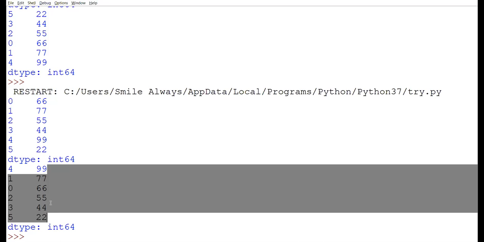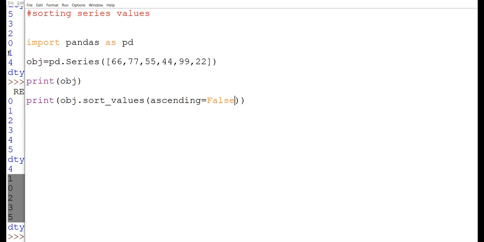Okay, now next thing is we can even change the order or the sequence, or arrange the list, the series, in the form of indexes also. It means with respect to index also we can do the sorting. Previously we have used the function sort_values. Values means we wanted to arrange with respect to the value part. Now with respect to the index part, if you wanted to do so, that is also allowed.